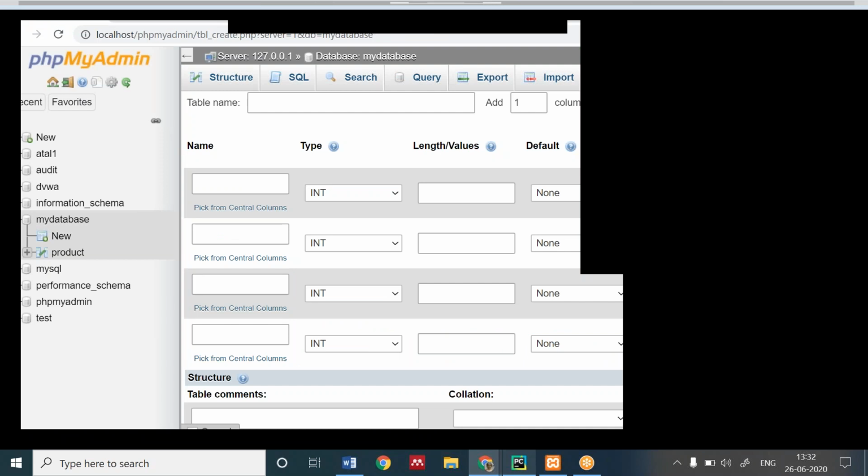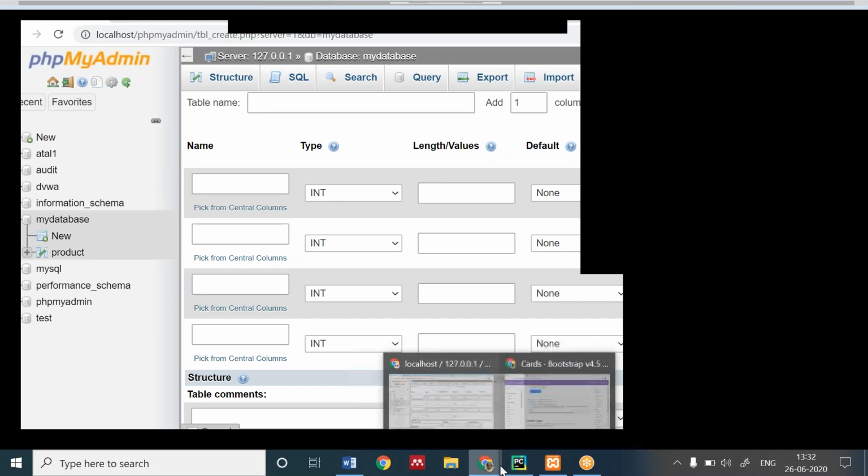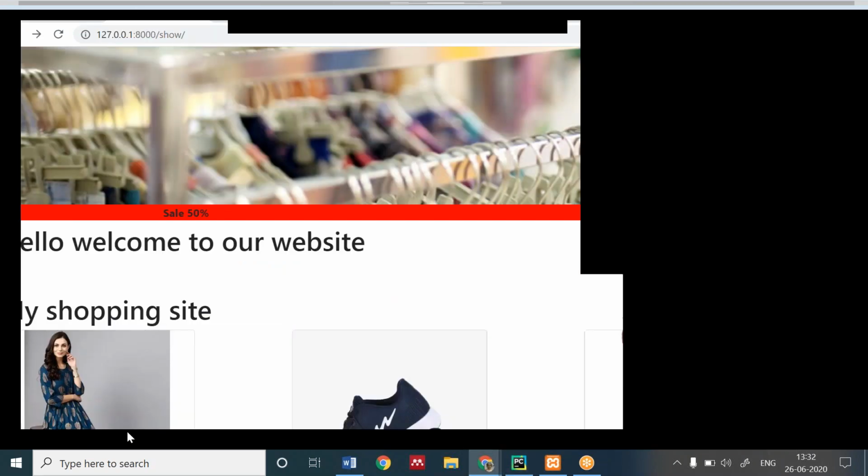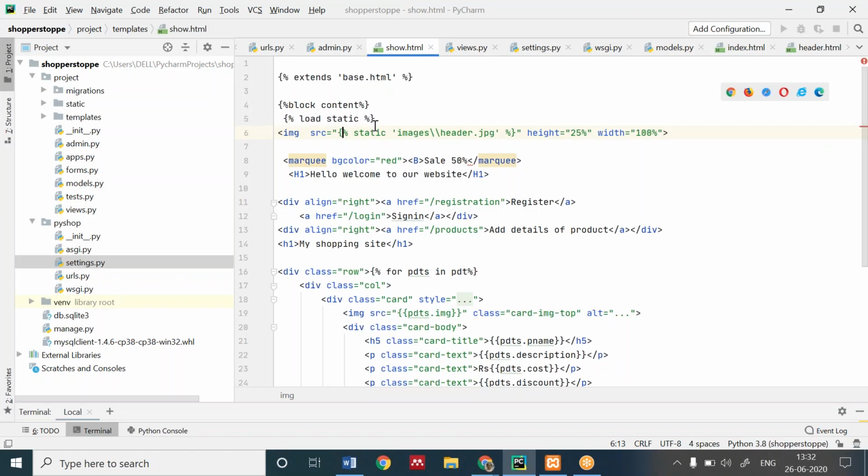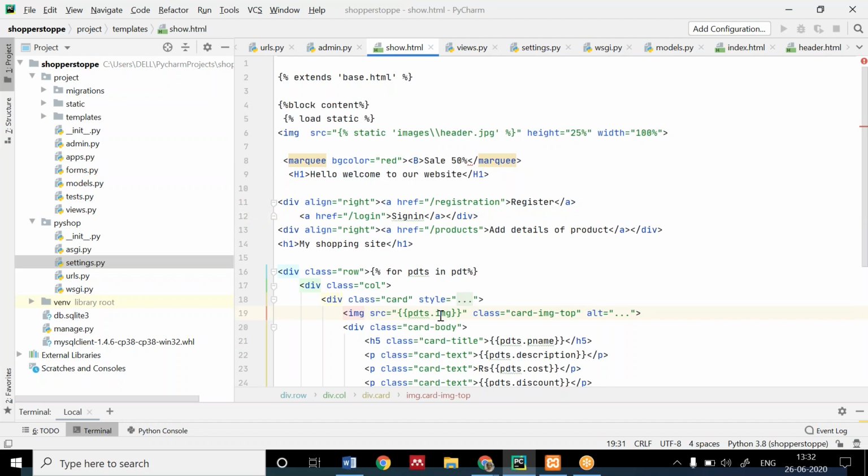Ankit, the image is not coming. The rest of the details are coming perfectly. See, for the image, you have to use this static path. See, products.img, the same thing which we have used, but use an image tag for that.